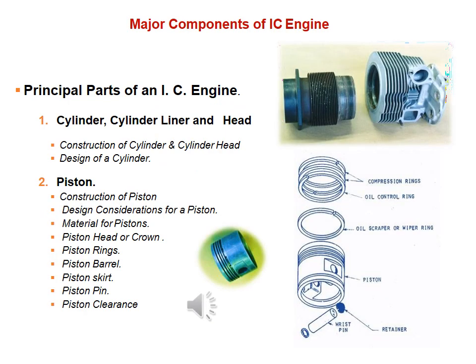We discussed earlier that IC engines are those engines in which fuel burns inside the cylinders. Here you can see the principal components of an IC engine. First is the cylinder liner and head, and second is the piston. First we discuss the cylinders. The function of the cylinder is to retain the working fluid and to guide the piston, and they are usually made of cast iron and cast steel. Since the cylinder has to withstand high temperature due to the combustion of fuel, some arrangement is provided to cool the cylinder.